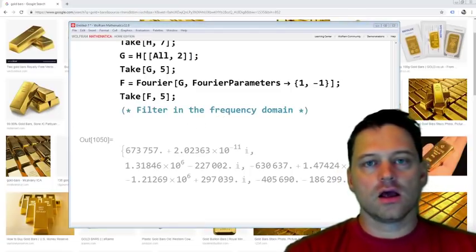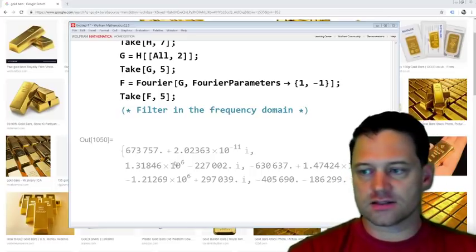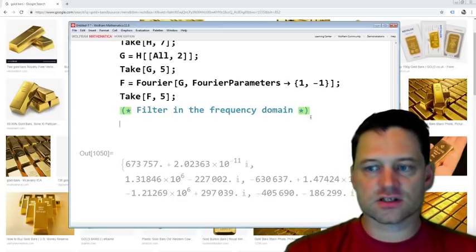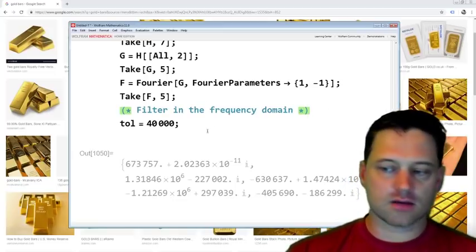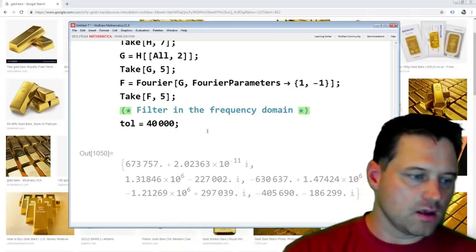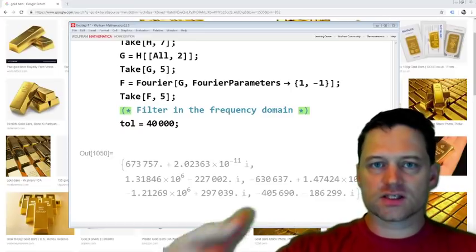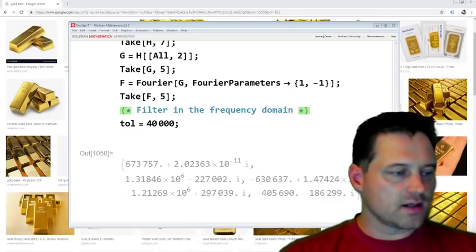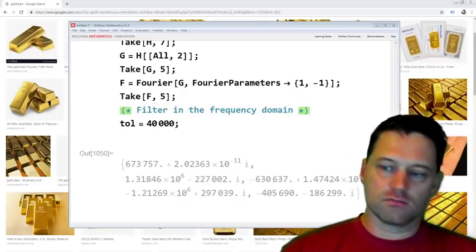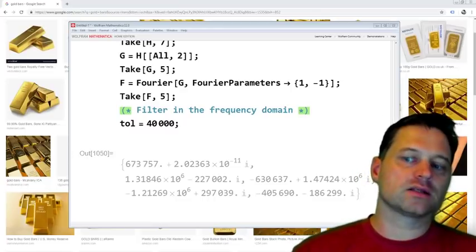Okay, and next, when you do this, you want to choose a tolerance, because you want to throw away certain frequencies that you're not interested in. In our case, we want to throw away the little noise of the daily trades. We'll just call that noise, and we're interested in the bigger swings in the data. So that's what we're doing now. I've set 40,000, that's just arbitrary. You could choose your own, and we'll change this a little bit later so we can see how it